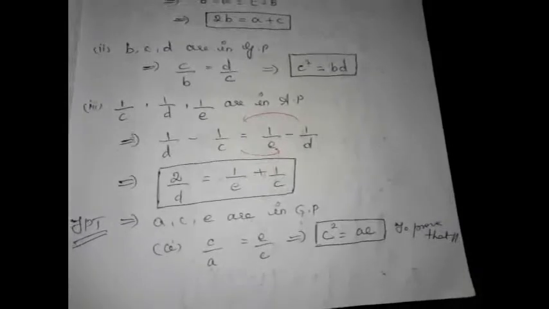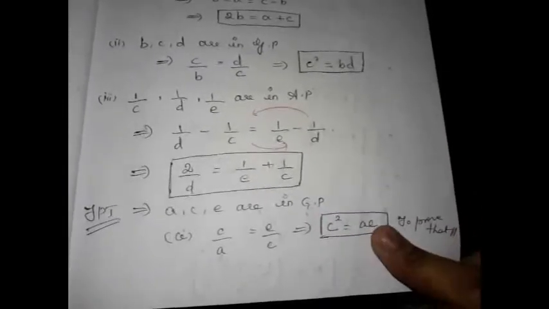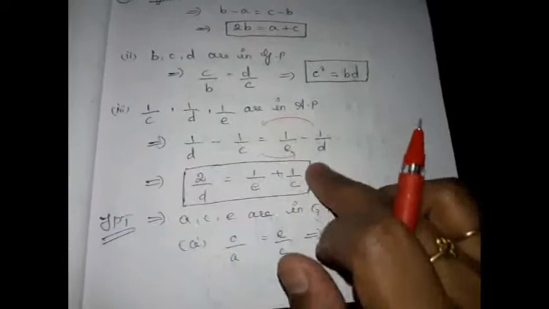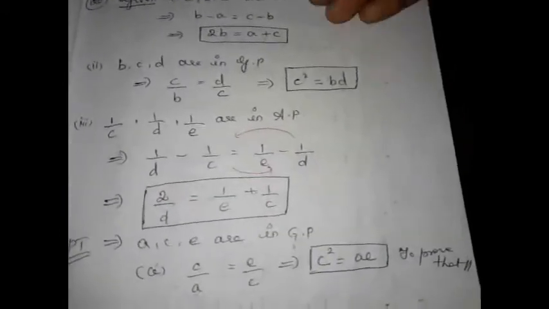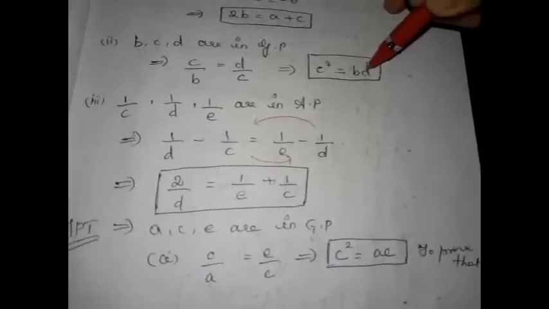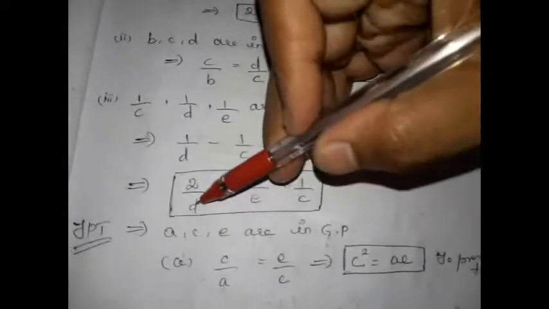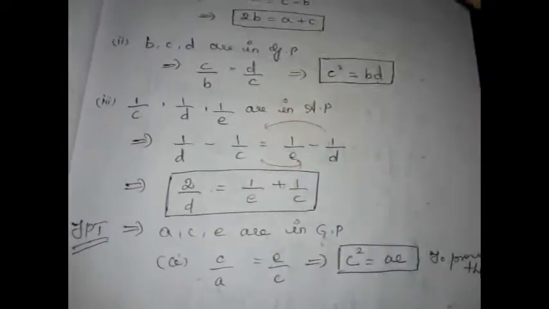So how can we prove this? What we need to prove doesn't have D. We have only C, A and E, right? In the third relation we have a D, but we know the value for D and B in the first two equations. So what are we going to do now is substitute the value for D here. What is the value for D here? C square by B. So in the place of D you can substitute C square by B, and we don't want B either. The value of B we can obtain from this relation.